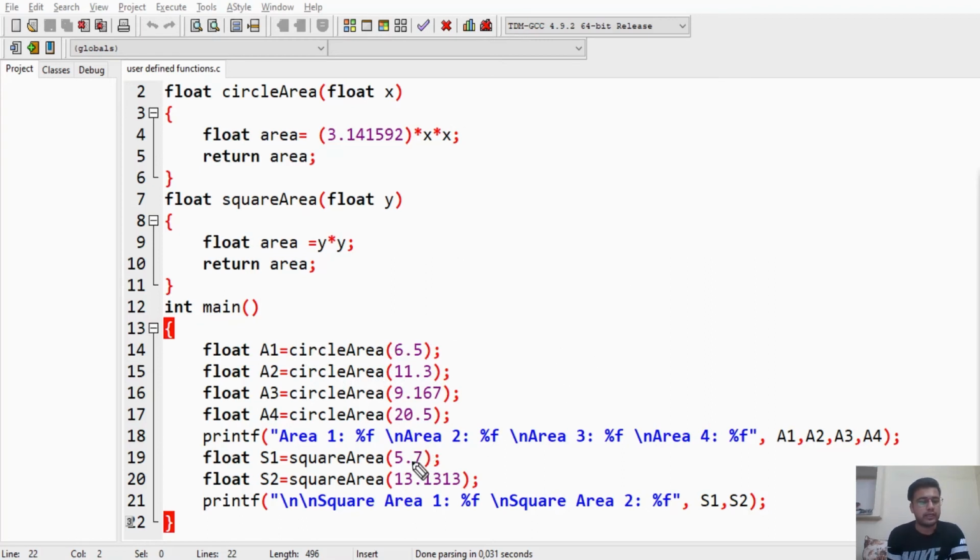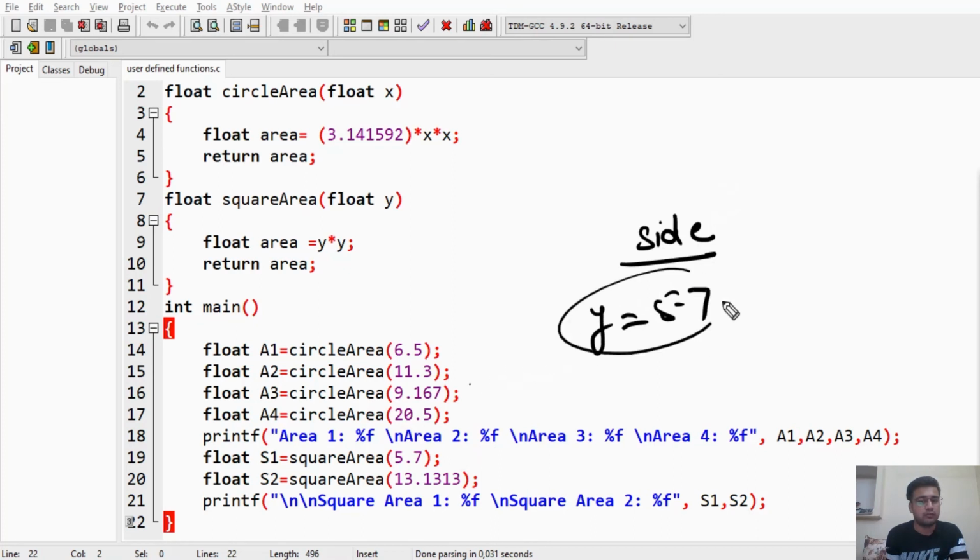Next one is the square area. We have done it similarly here. Here we have sent the side as a parameter. Side is 5.7 in the first case. This will be sent to the square area function and it will be set to y. y will become 5.7.